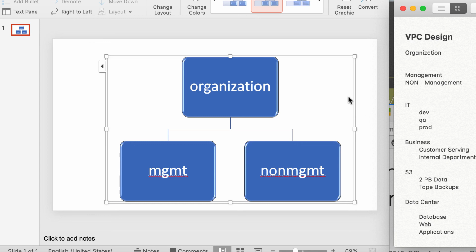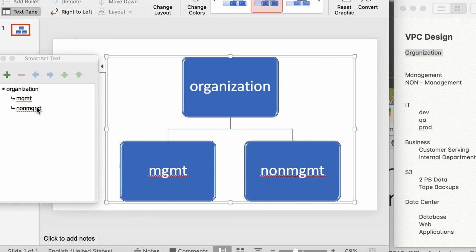Hi guys, so this is our VPC design. Well, like everything we have, and that needs to be put in. So organization gets divided into MGMT, non-MGMT, and then in non-MGMT we have